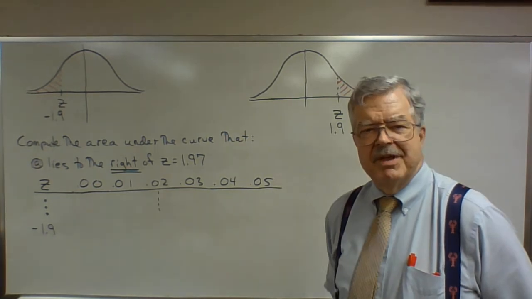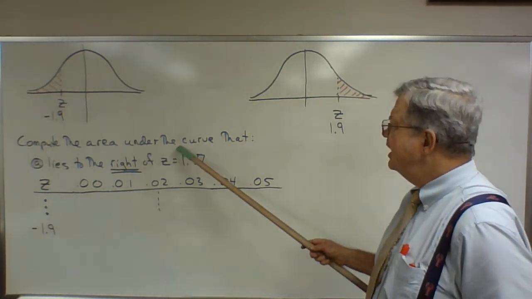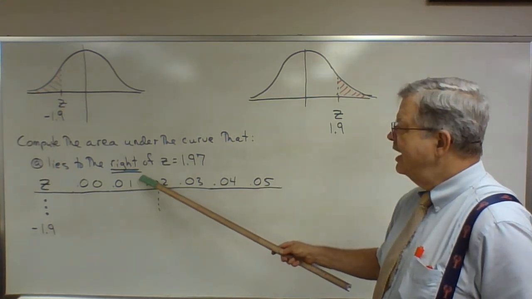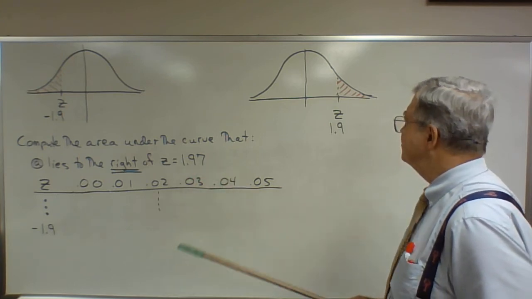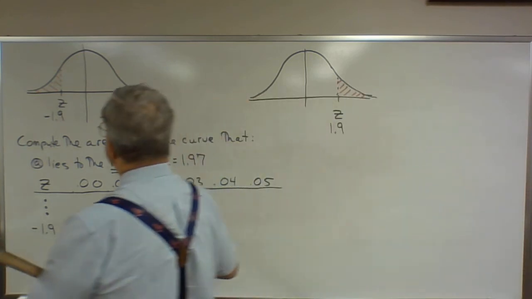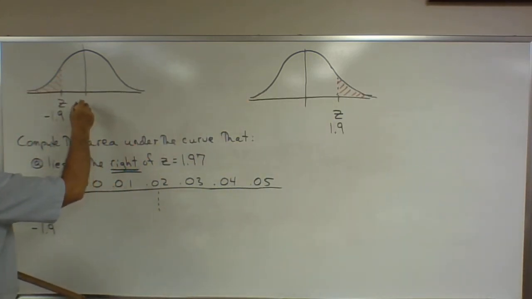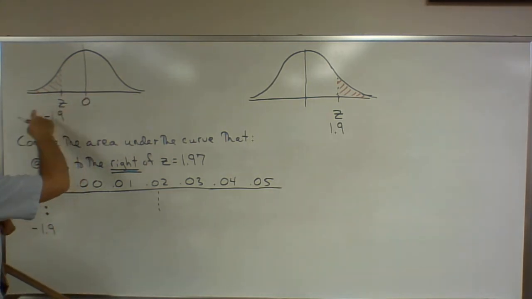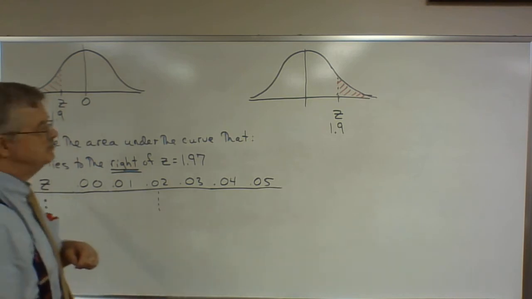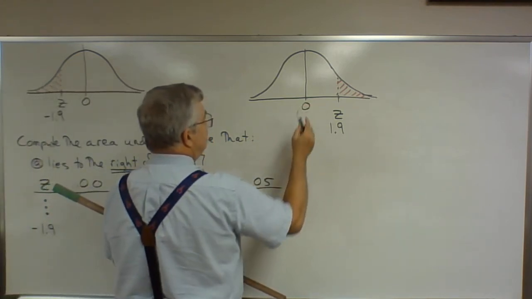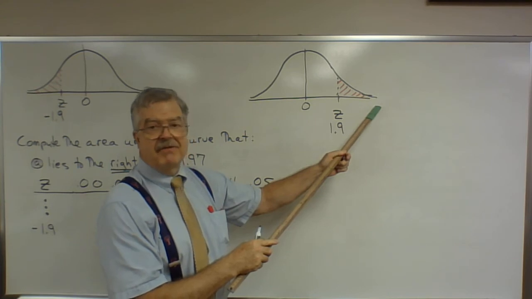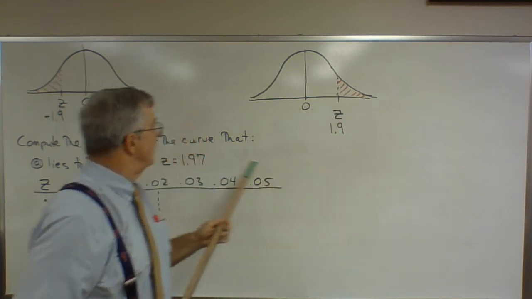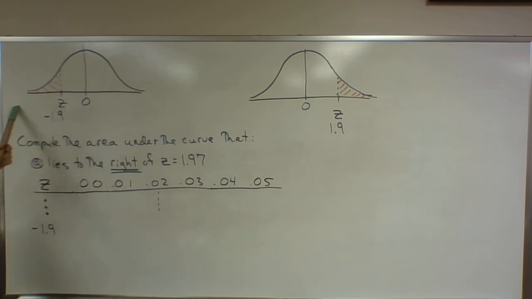And we have a little bit of a twist here. Compute the area under the curve that lies to the right of z equals positive 1.97. I hadn't mentioned this before, but maybe I should. The center of the graph, horizontally speaking, is z equals 0. So anything to the right of center on the graph corresponds to a positive z-score. Anything to the left of center on this graph